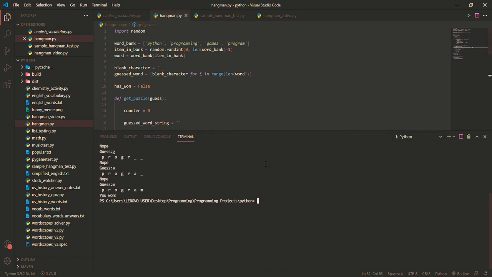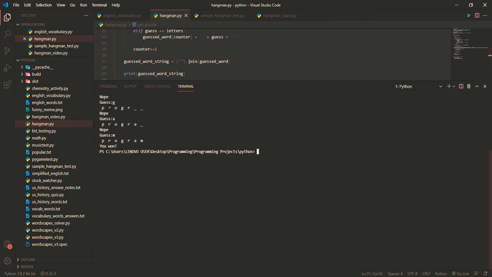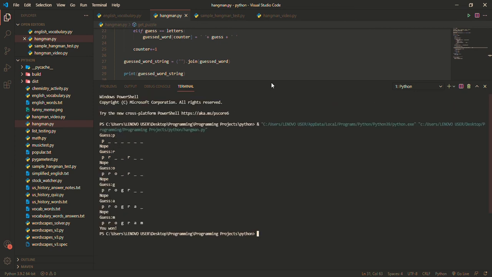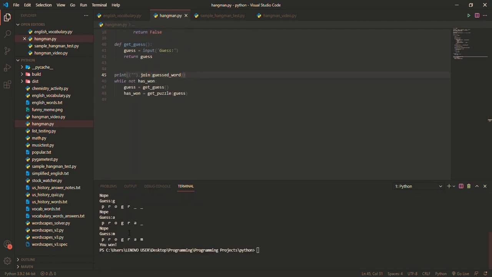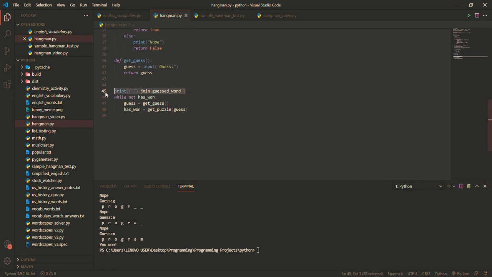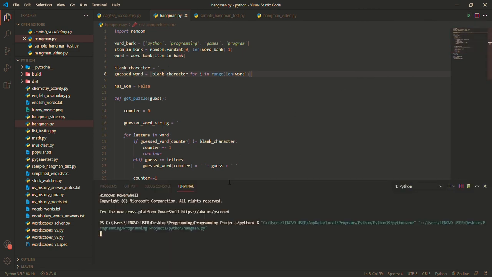Now, there is one more thing I would like to add before we go today, and that is the fact that on your first guess, it does not display how many spaces there are in the word, so you don't really know how big the word is. And that's not really too big of a deal. But before we start the while loop, just so it's helpful for the user, we can add this print statement. And this just prints the guessed word before the game starts. Now, you may be wondering, well, isn't this going to change when it's updated? And the answer is yes, but we're only calling this once until we go into the while loop. So the first time it prints it, and the only time it prints it, it will just be the blank characters. So if we run it again and pull up the screen,